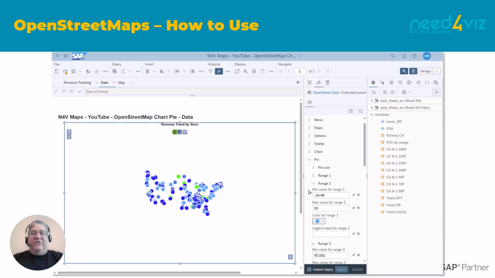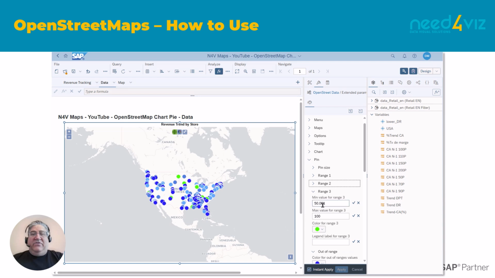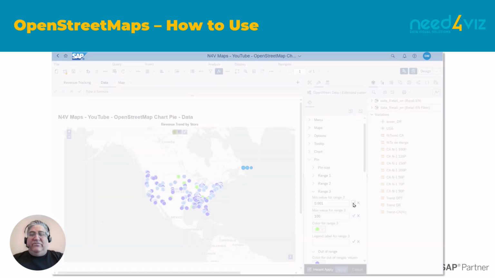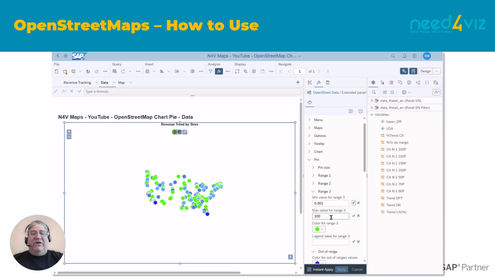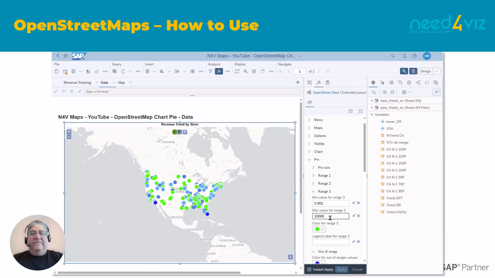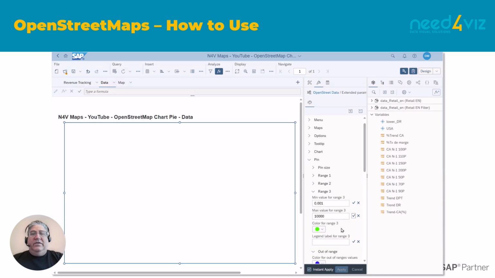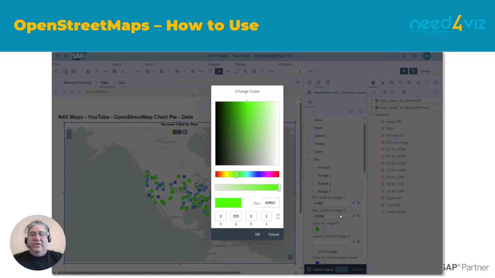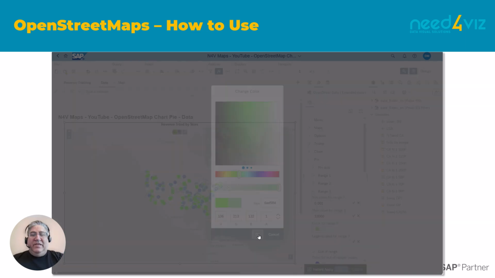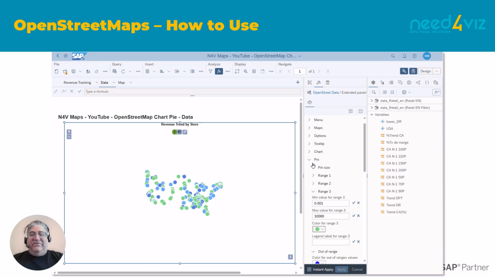And then finally, I'm going to set range 3. And range 3 has low expectations. So anything above 0 is going to be green. So those are my stores that are having positive results. All right, let me tone down the default green to something that's a little more tasteful and in line with what's in use in the rest of my dashboard.